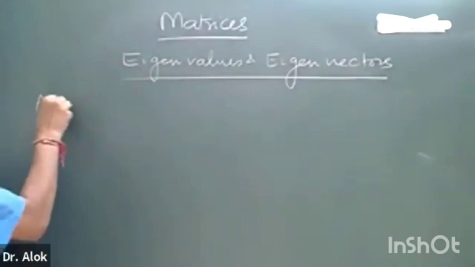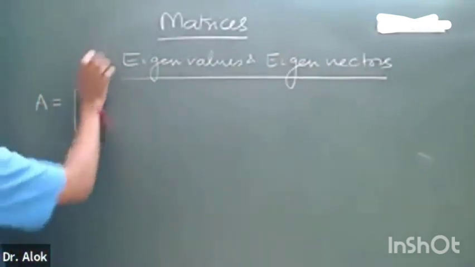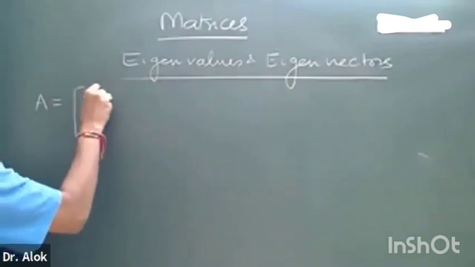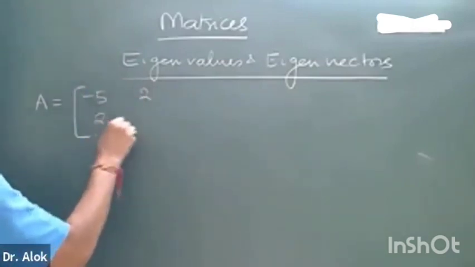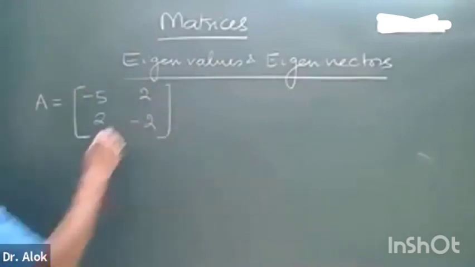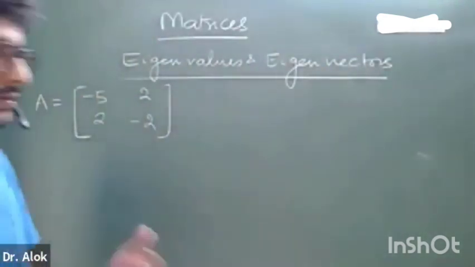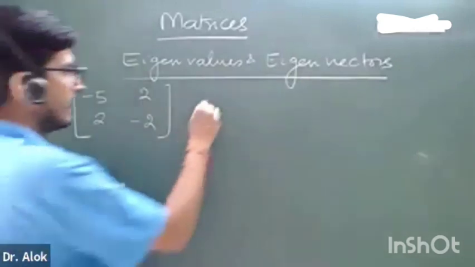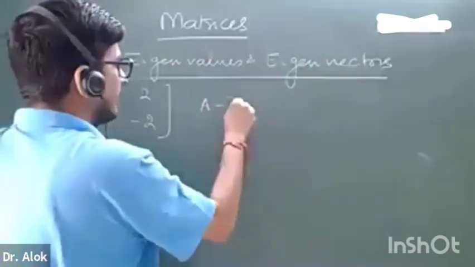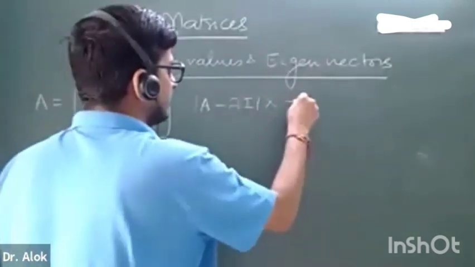A is equal to 5, minus 5, 2 and 2, minus 2. I will make you understand everything with this matrix, and then we will do other problems. Okay. So I told you that we can write a characteristic equation (A minus lambda I) x is equal to 0,